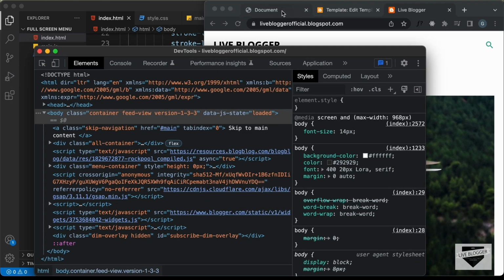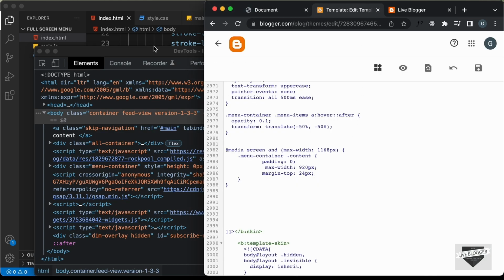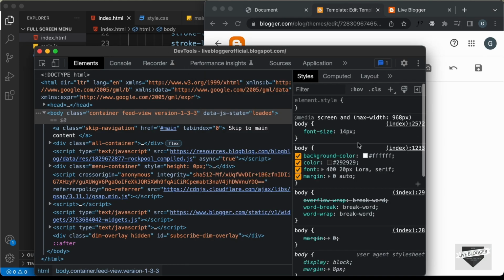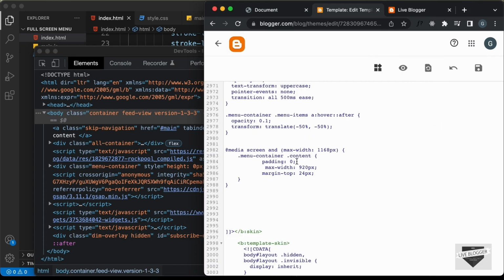So let's go back to our CSS. Before that, let's see what the media query is. So we have this media query right here. Let's copy this and paste it over here. And we need to add the styles to the menu icon container. So let's type .menu-icon-container